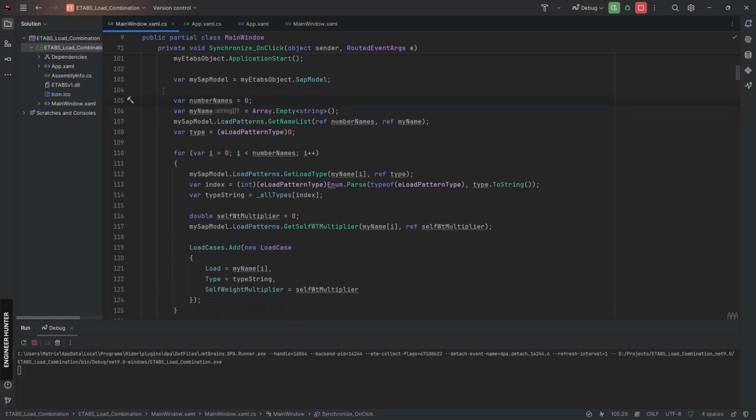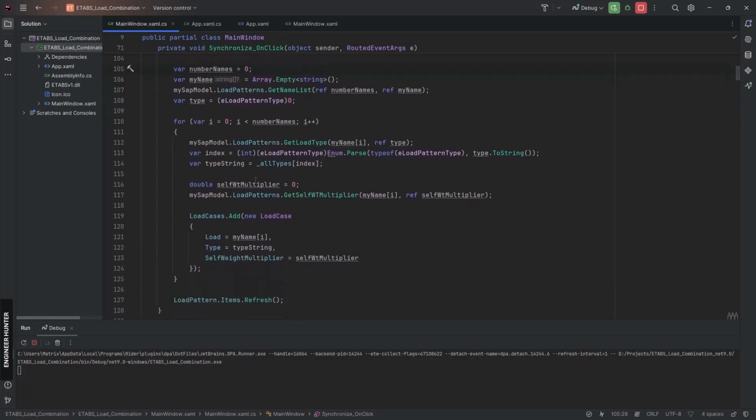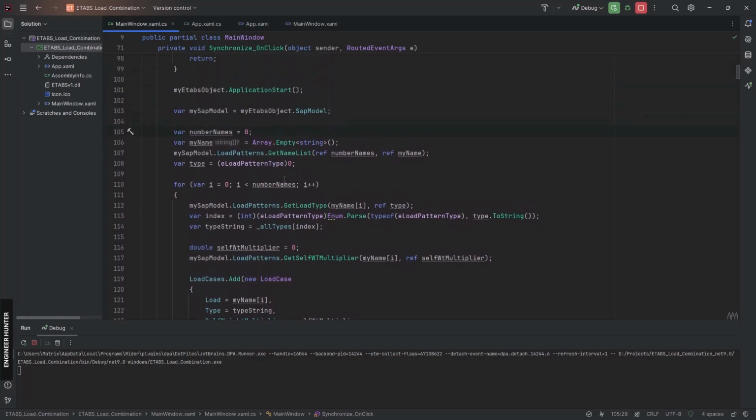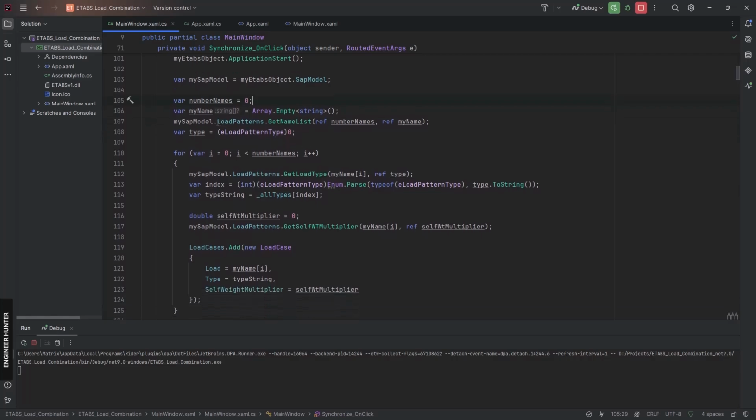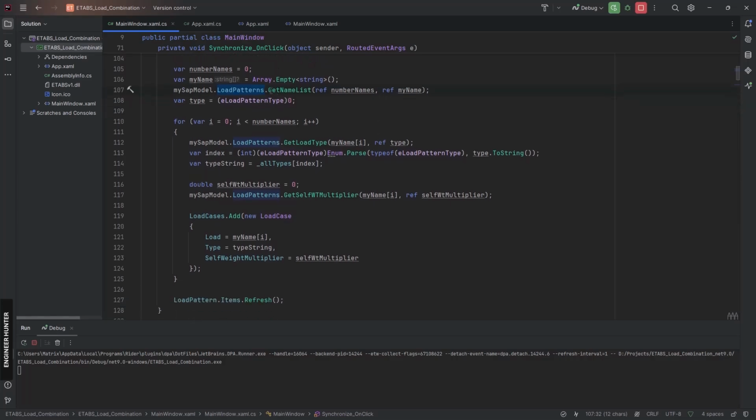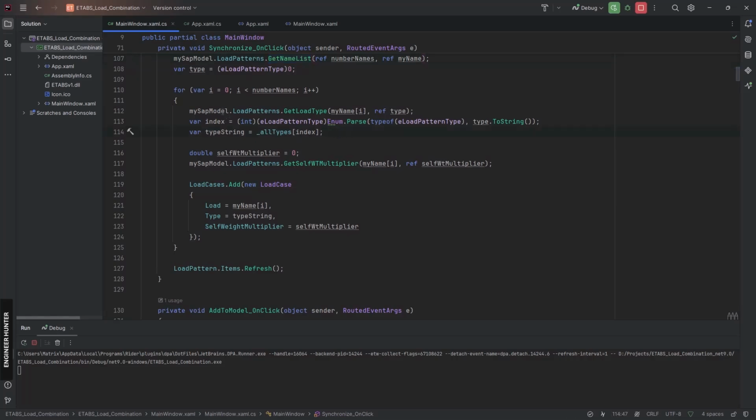So when we create this, we can get any information from the ETABS model. For example, like we get the load pattern. So this one gets the name list, and after we get the information, we can add